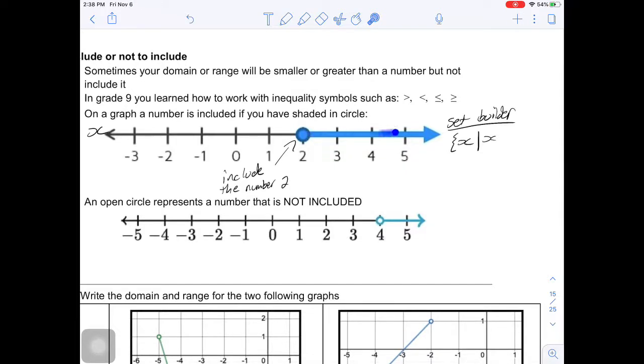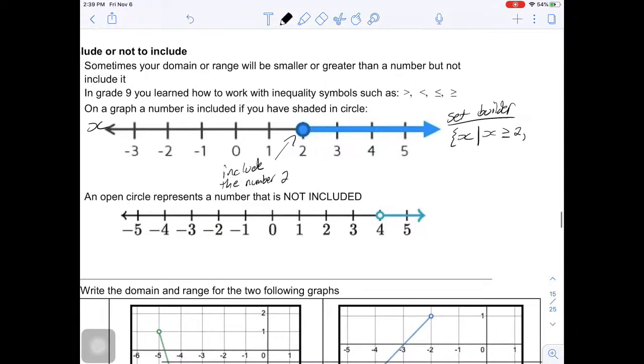So X not only has to be greater than 2, see how we're getting bigger, but we can also include 2. So I'm going to put a line there. And what type of numbers can it be? Well, it looks like numbers can be in between 2 and 3, 3 and 4. It can be a decimal number. It can be an irrational number. So X can include any real number. And there I've stated